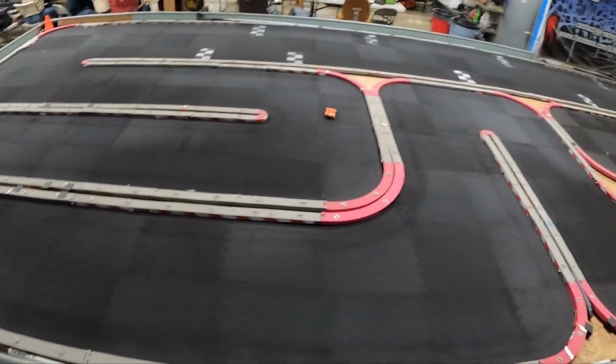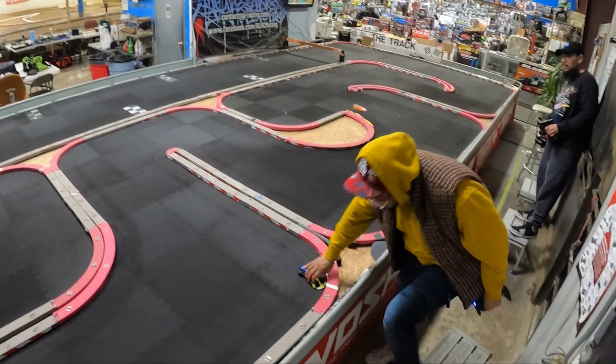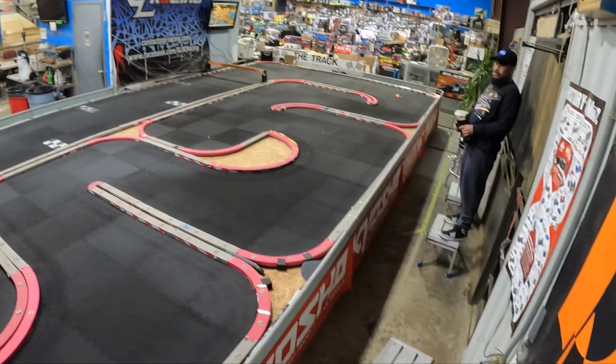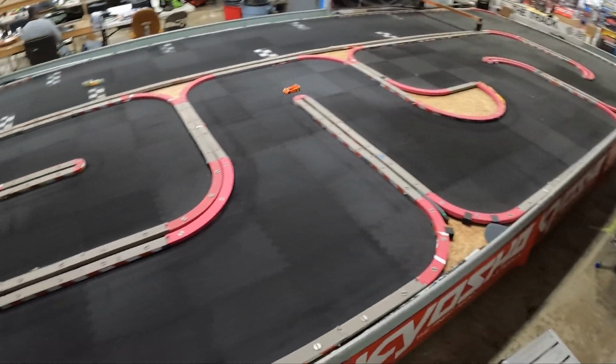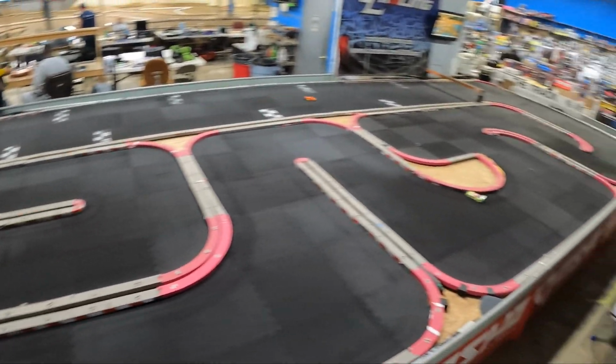21.7. I would imagine on the larger track this would be a lot smoother, but it does remind me of the RTRC touring car in that way, where the car is more focused on being smooth and consistent than it is being